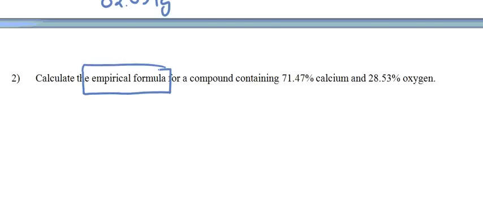Empirical formulas, again, is the chemical formula that has the smallest whole number ratio of values. When you look at ionic compounds, every ionic compound is an empirical formula because we always want to have the smallest whole number ratio of values. However, with molecular compounds, you could have things like